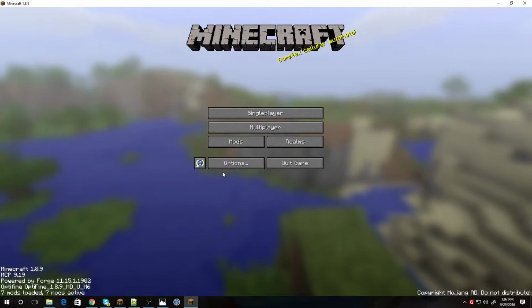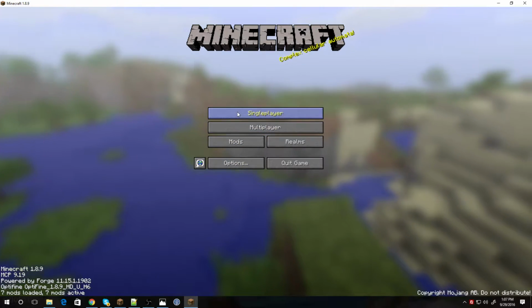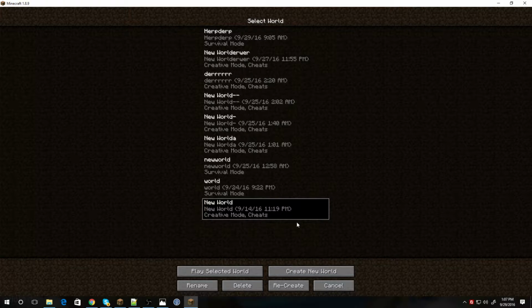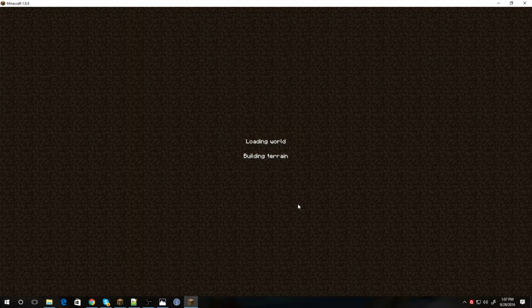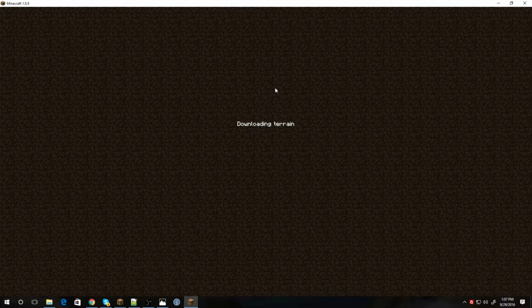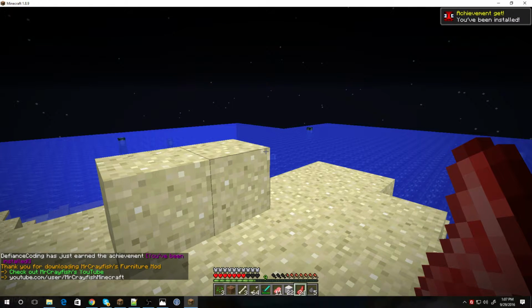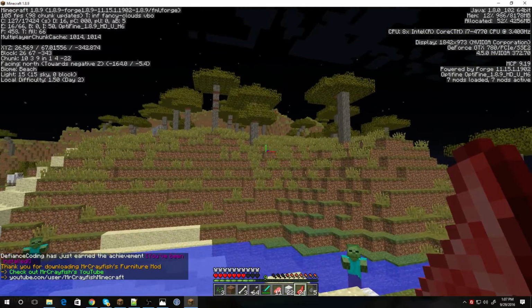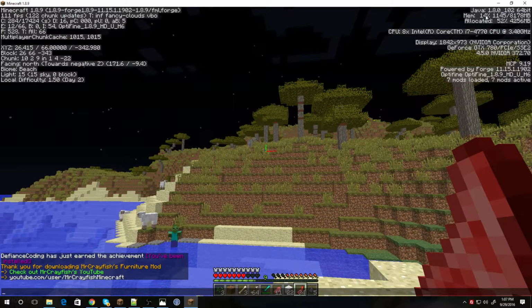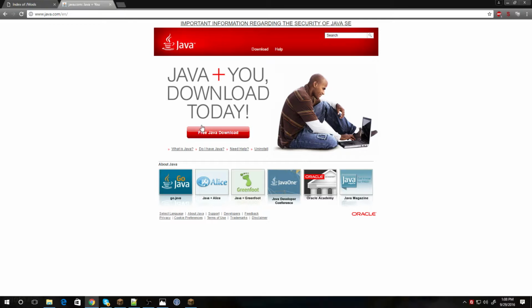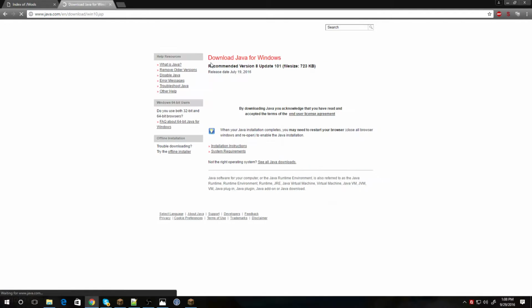Alright, so first things first, we're just going to go straight into a single player world, or while you're on the server. And we'll load up the server real quick. And you'll hit F3. While you're in F3 mode, in the very top right, you'll see this Java number. If the Java number is lower than what is on this website here, which is the Java free download,